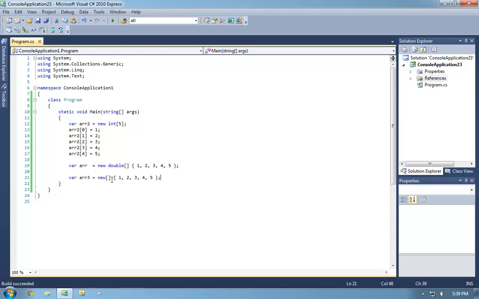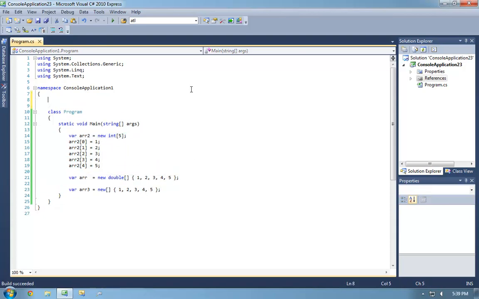As opposed to that, what we can do here is, by omitting both the type and the number, we can specify an array of items. The C# compiler is going to determine the best compatibility between these different types. And it does a decent job of that. So for example,